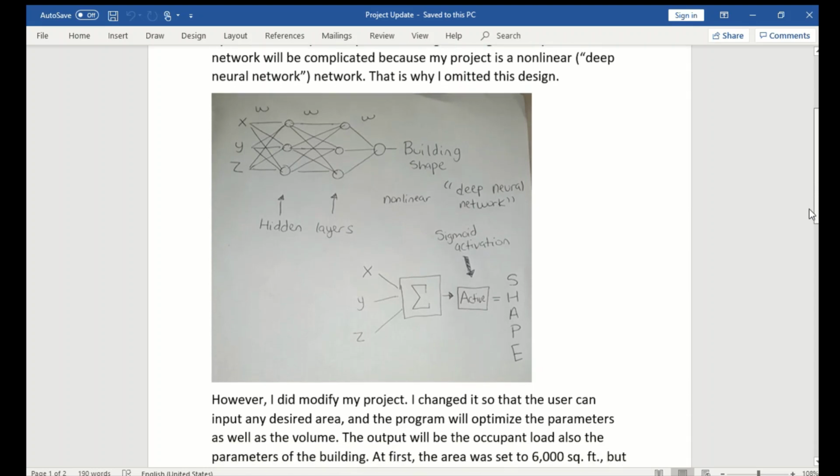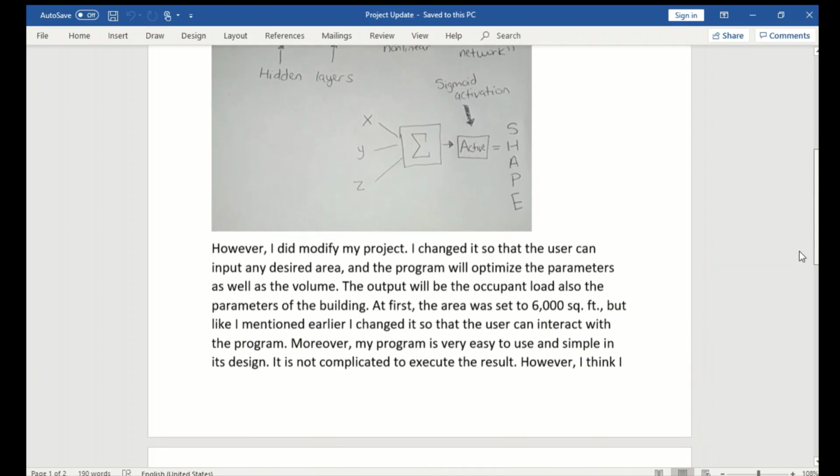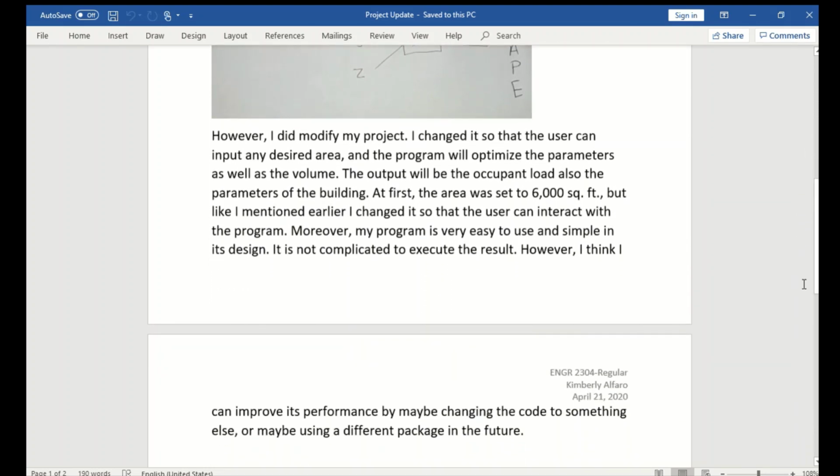However, I did modify my project. I changed it so that the user can input any desired area, and the program will optimize the parameters as well as the volume. The output will be the occupant load, also the parameters of the building. At first I had said that the area was set to 6,000 square feet, but like I mentioned earlier,